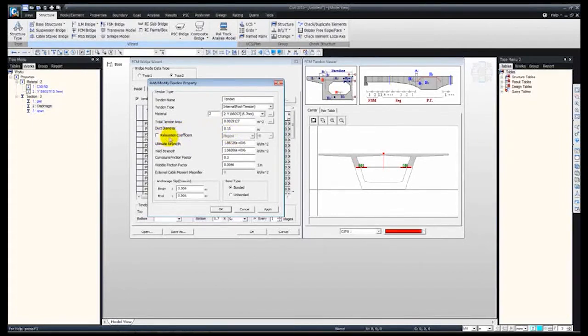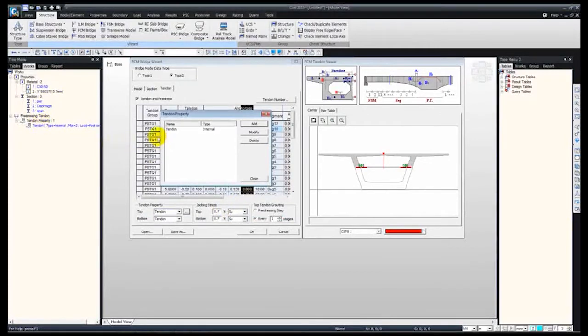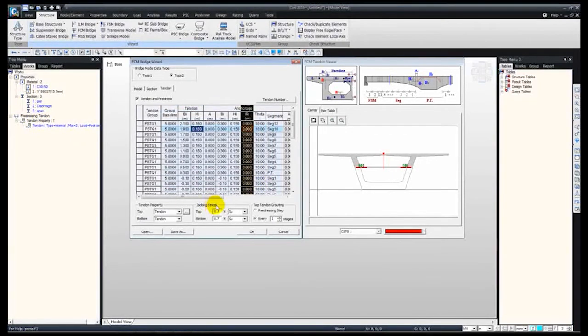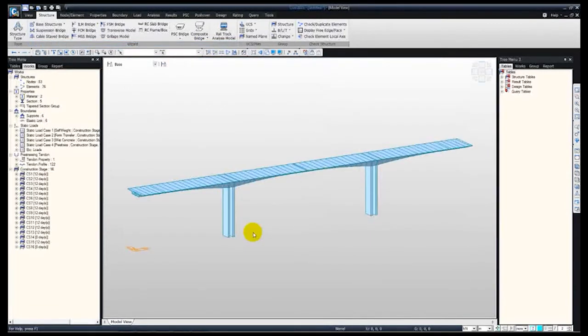We can also account for the relaxation coefficient, so in this case let's use the European one, and also anchorage slip and the bonding type can be defined, such as bonded or unbonded. By pressing OK, you can see both in the dialog box and the worktree that this has been defined. And if I close this down, furthermore we can define the jacking stress, but for today's presentation I'll just stick to the default. By pressing OK, the wizard is going to generate us the entire model,